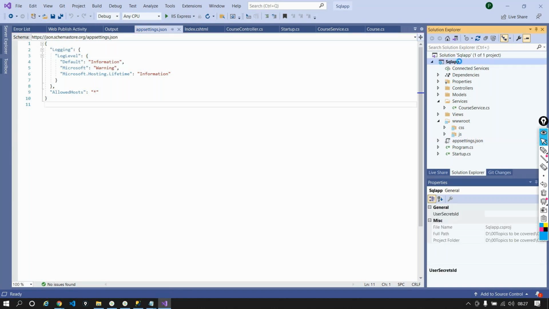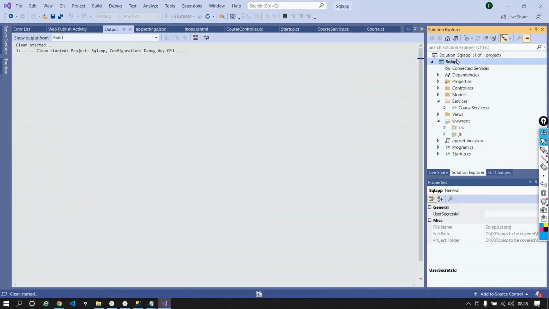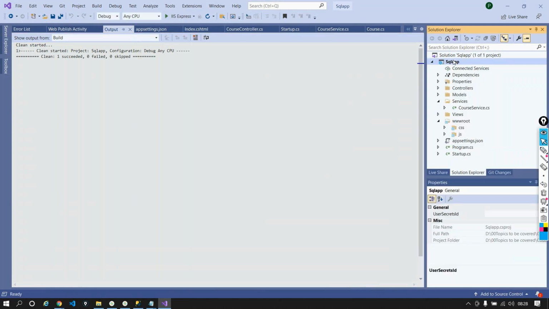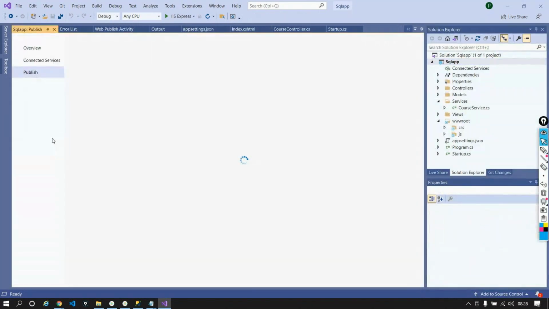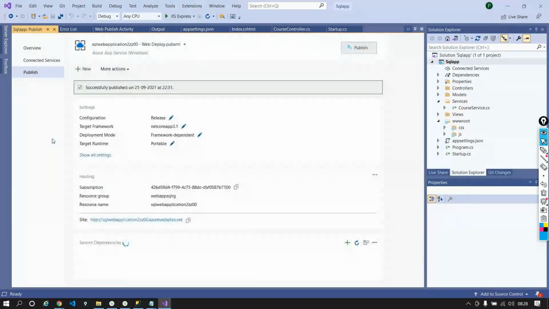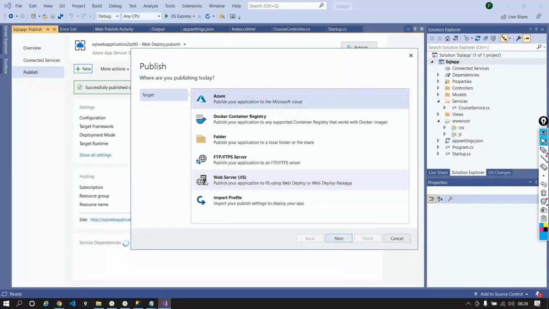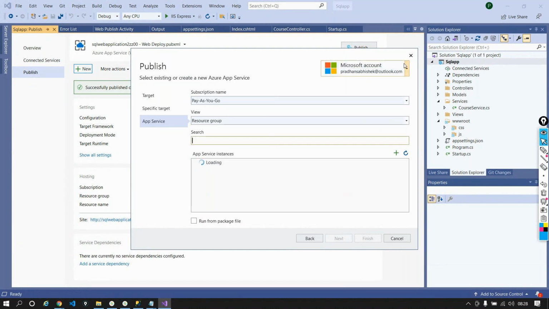I'm saying, okay, fine, this is not a problem. I'll just do a publish, and I'll say create a new publishing profile, and I'll choose Azure Web Windows. Now it already has my account, so it's searching for a web application inside my account. It has got a web application. I'll say finish,